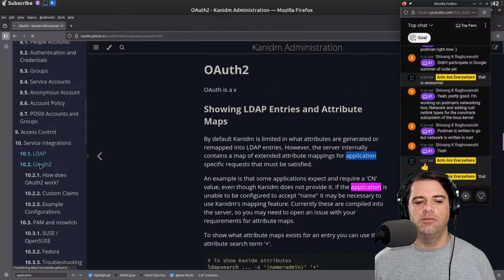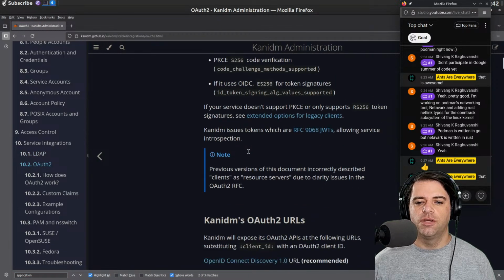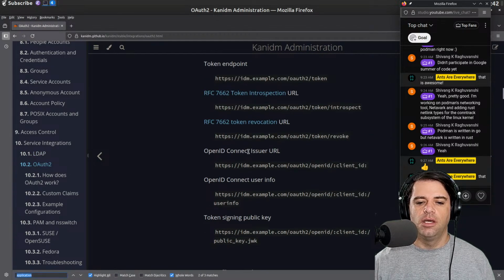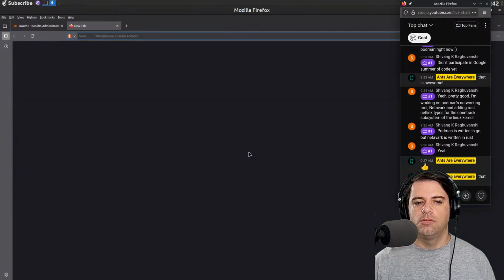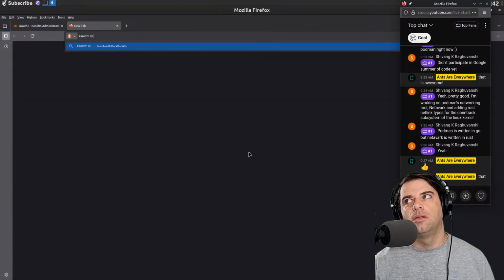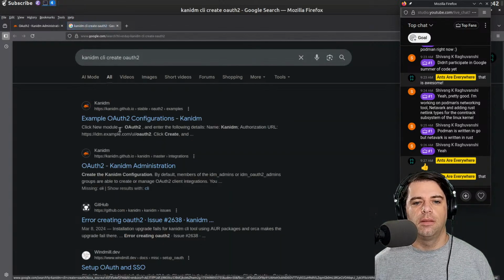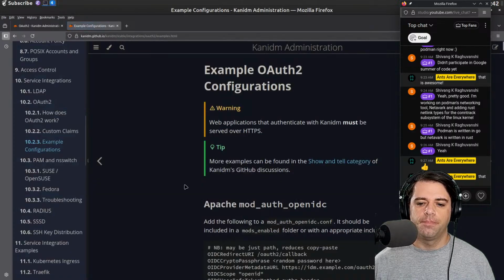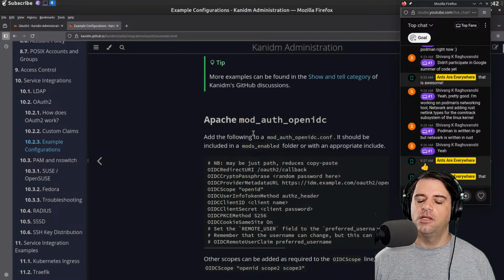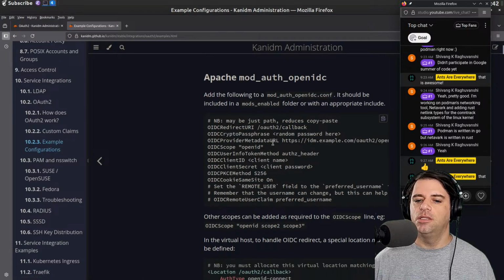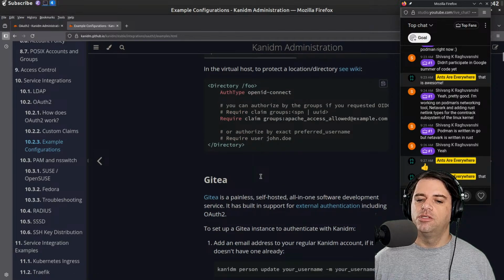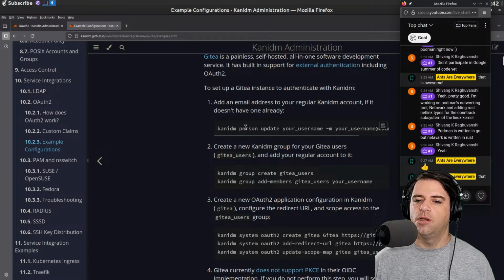I think it's for OAuth 2 and that sort of thing. Let's see if we can find the create. Let's just ask the AI. Oh, here we go. So this is how to use, I guess, Kanidm with Apache mod auth OpenIDC. This is Apache stuff. Here we go.